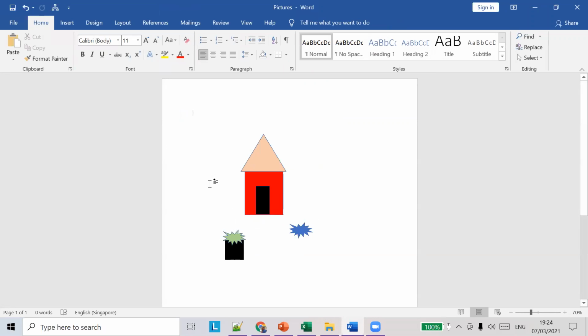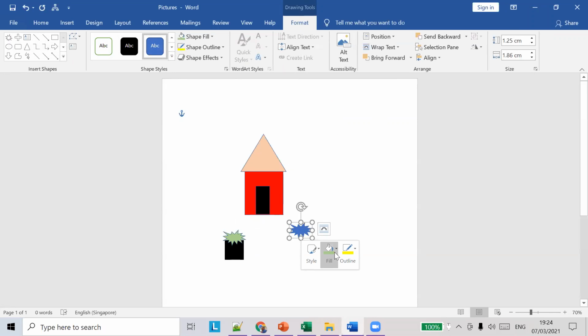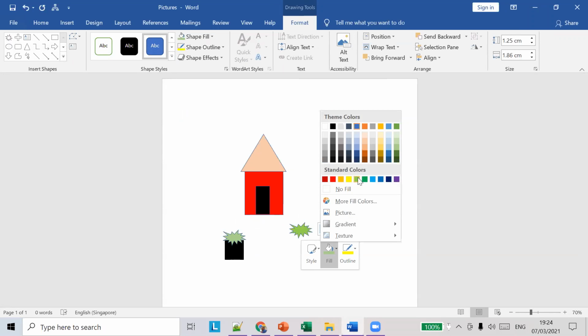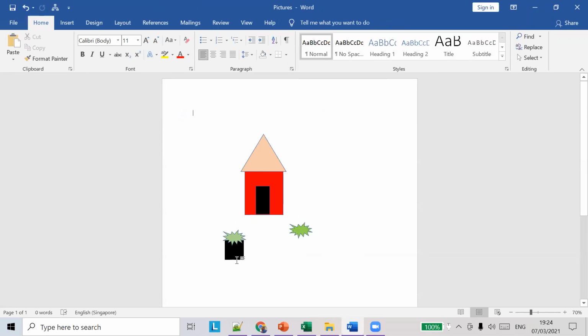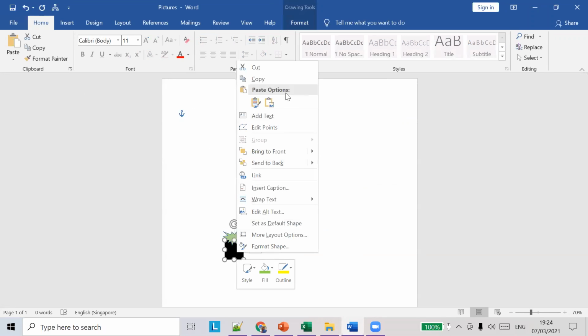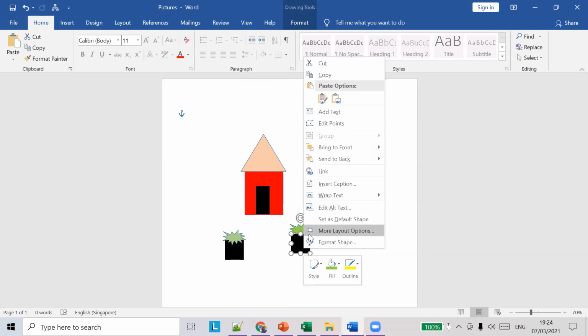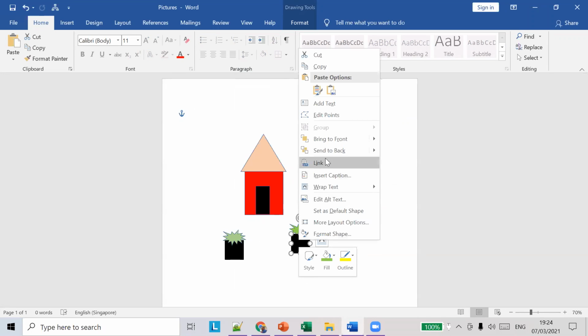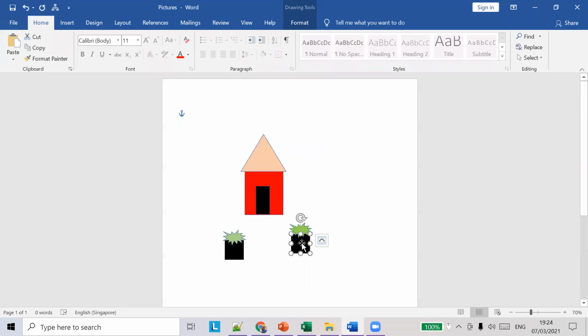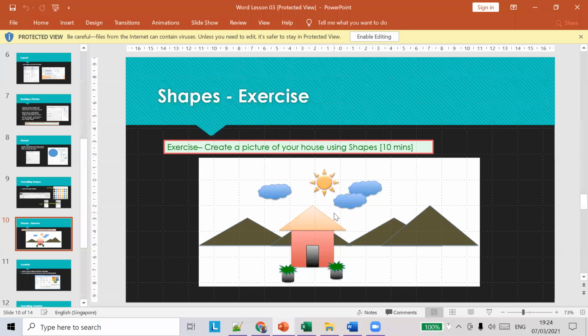And similarly, we can draw the next pot also. First, let's change the color. So right click, fill green color, okay. And maybe we can copy this also. So copy, paste, and we'll place this here. So again, we have to send it to back so that the picture appears at the exact back of the place. So we have drawn these things, okay.